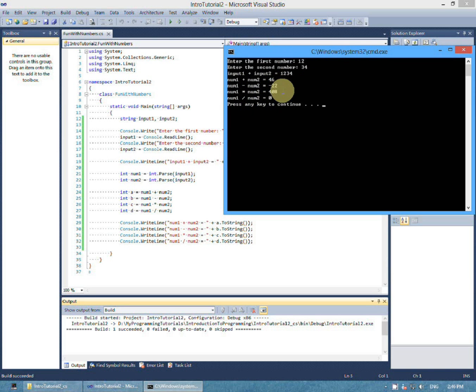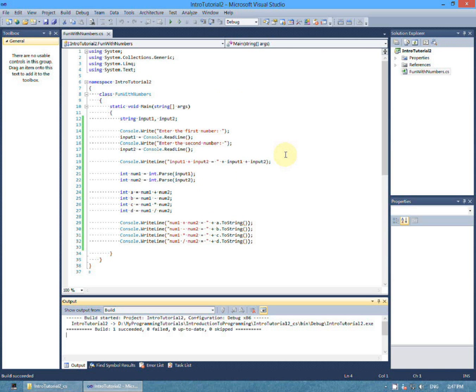Now these three look okay except this last one. Num1 divided by num2 is equal to 0 point something, not 0. But because they are all integers, in order to round that 0 point something into an integer, we have a 0 here. So if we want to see decimal values, we need to use a different data type